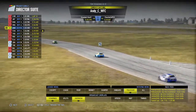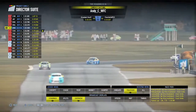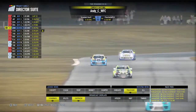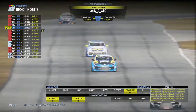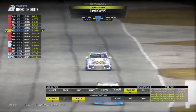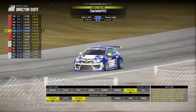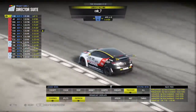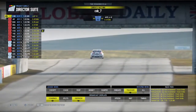And just behind Andy, trying to catch up as best as he can. It looks like he's going to run out of time with only 2 minutes to go. He might be able to get in that slipstream if he does keep pushing and catch Grandad Steve. Charlie Goff is trying his best to keep up with Andy there and possibly make a move towards the last couple of laps now as Cobb is heading up towards the last chicane